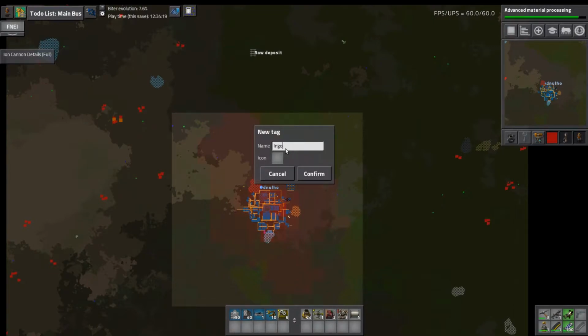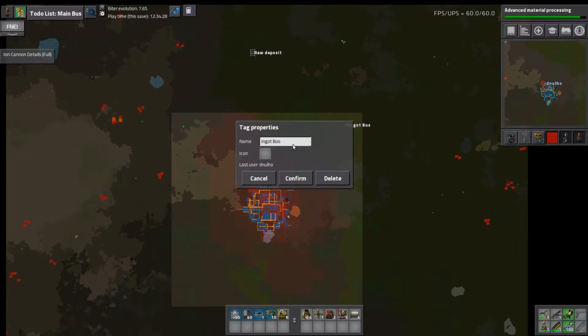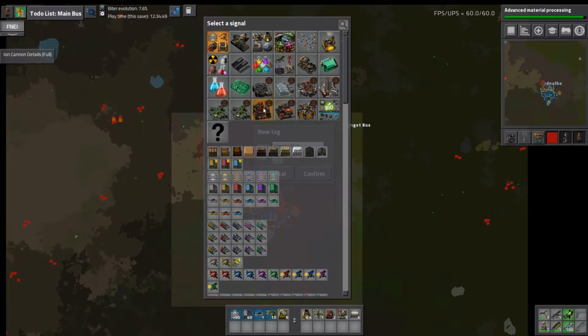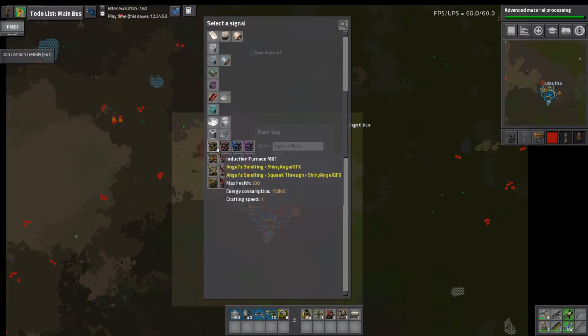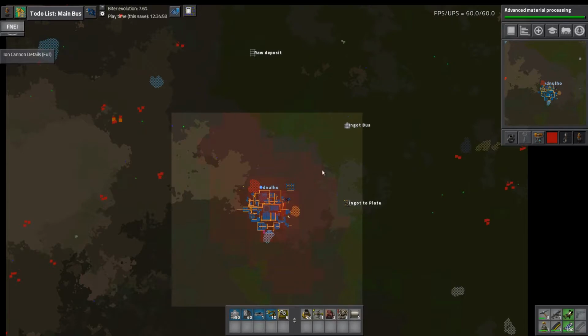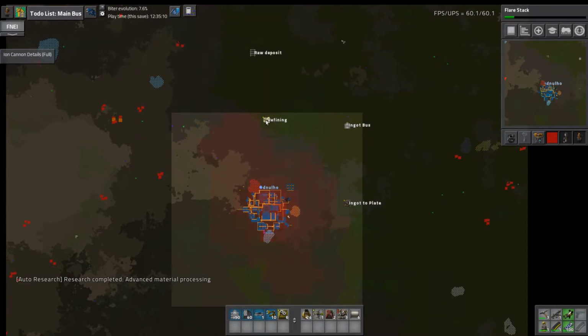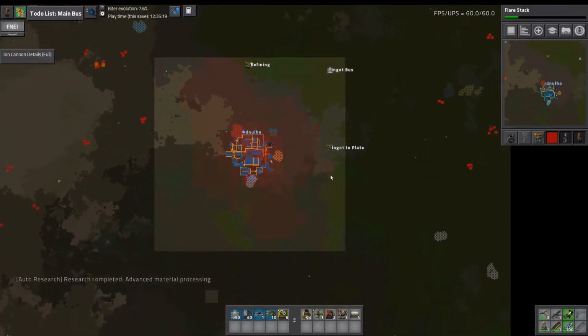We're gonna do ingot bus there. Actually, let's put in that, and then we'll bring that down into some sort of ingot to plate processing. We'll go with that way. Hey, look at that. So refining to an ingot bus of some kind. Again, this is just kind of large scale processing down to plates, and then